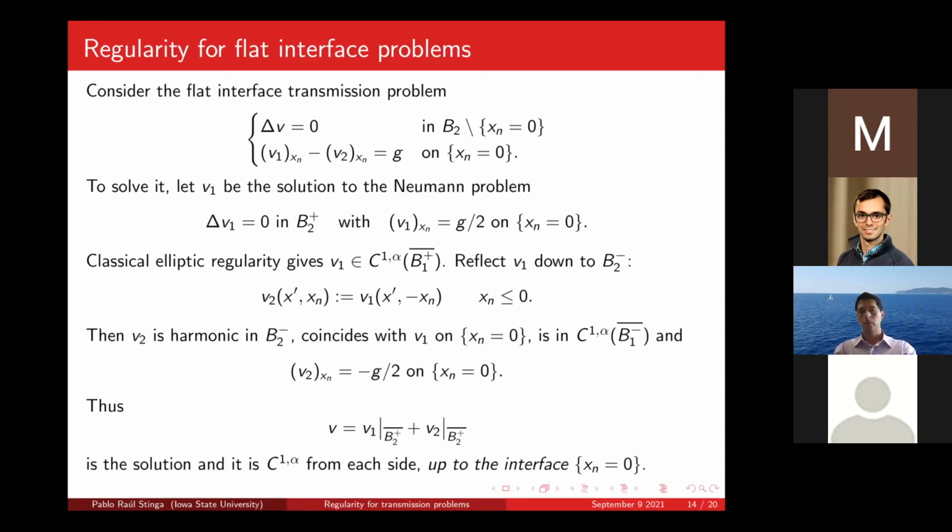Okay, so now what else do we see? Is the solution good? Yes, because v1 and v2 are C^{1,alpha} from each side up to the interface. If g is more regular, then v will be even more regular all the way up to the interface. So solutions to the flat problems are nice solutions. So now I have to show that if I trap my domain between two planes that are very, very close to the domain, then the solution to the flat problem is close to the solution of my curved problem.